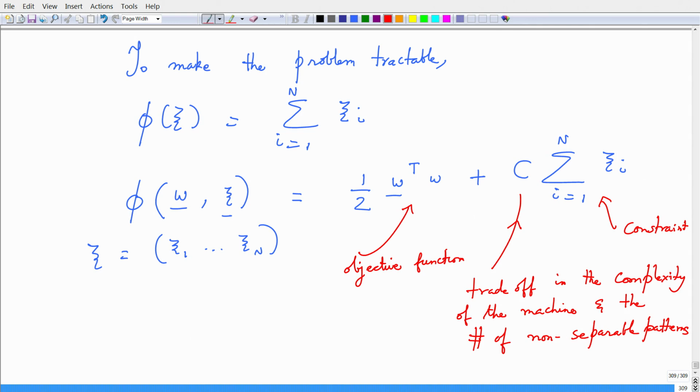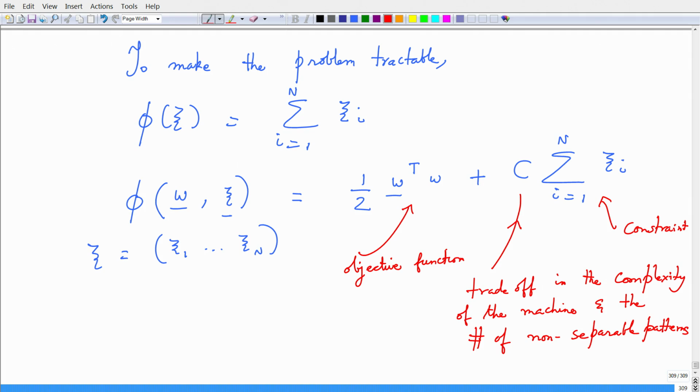So, one may wonder how to choose C. C can be experimentally determined via the standard training or test set using some crude form of resampling. It can also be determined analytically by estimating something called the VC dimension, which I will touch upon, and then using these bounds on the generalization performance of a machine based on the VC dimension. So there is a way in which you can choose C.